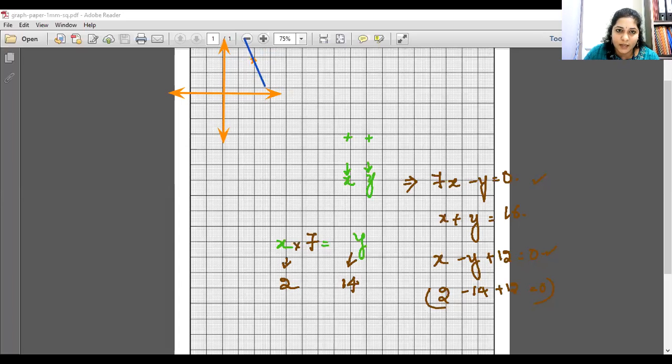Correct or not? See, I can draw a line like this, I can draw a line like this, I can draw a line like this, I can go on like this. You can go on with combinations wherein you will be getting 0 on the RHS part. As I mentioned earlier, linear equations in two variables have infinitely many solutions. So through a point you can draw infinitely many such lines.